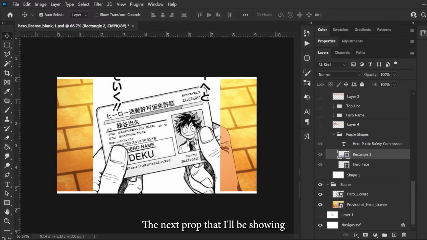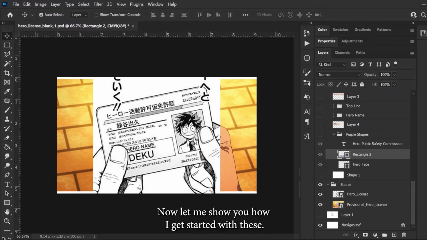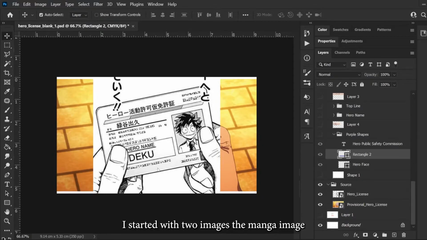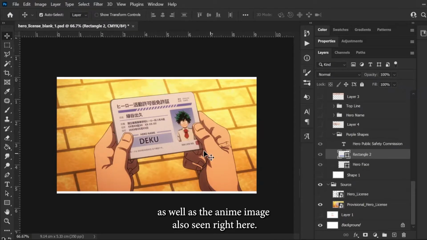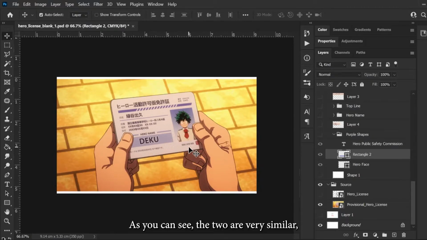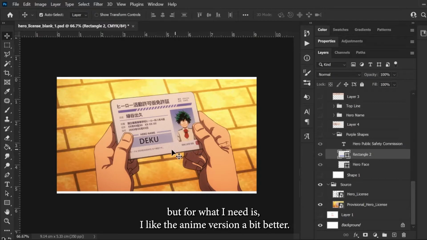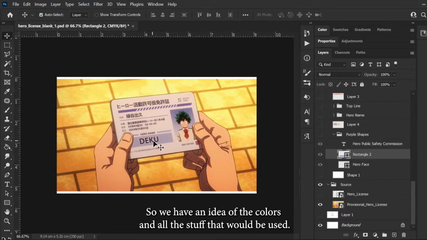The next prop that I'll be showing would be for My Hero Academia, specifically the provisional hero licenses. Now let me show you how I get started with these. I started with two images, the manga image here of the provisional hero license, as well as the anime image, also seen right here. As you can see, the two are very similar, but I like the anime version a bit better, so I have an idea of the colors and all the stuff that'd